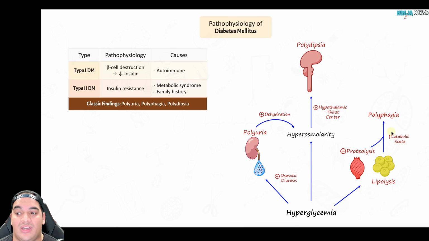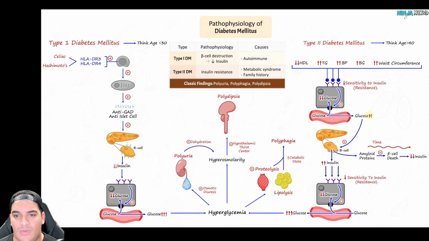And usually in type 1 diabetics, this hypercatabolic state can be so insane that they actually could have weight loss. So they actually can lose weight in type 1s. All right, that's a lot of stuff to talk about with diabetes with the pathophys,